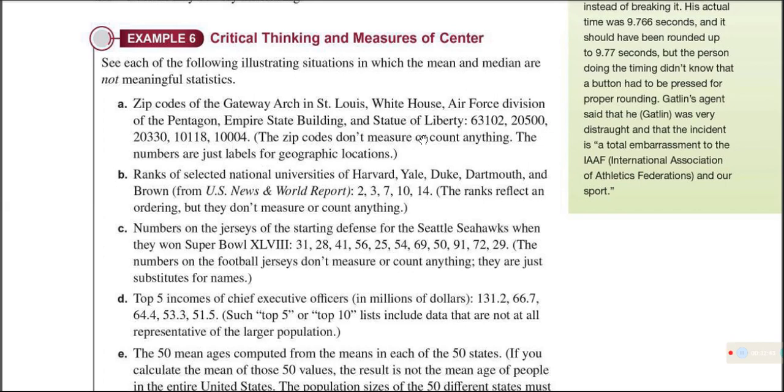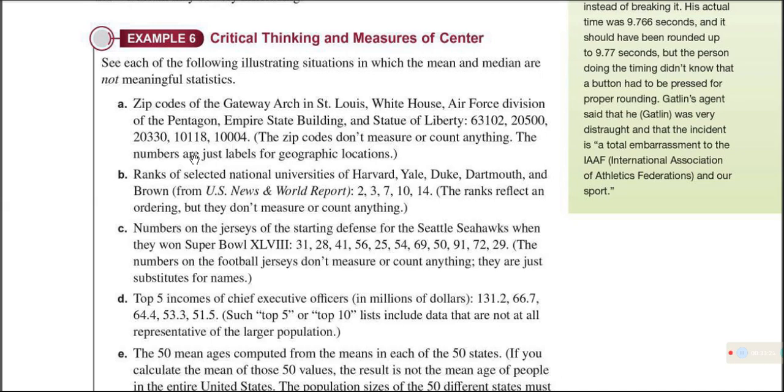Ang mga zip codes ng mga landmarks natin dito ay 63102, 2500, 2330. Pero ang mga zip codes naman, lahat yan numbers, pati yung dito sa Paete, dito sa local, Philippines. Paete is 4016, Pakil is 4017, Pangil is 4018, Siniloan ay 4019. Sila ay naka-number. But that doesn't mean that they are quantitative